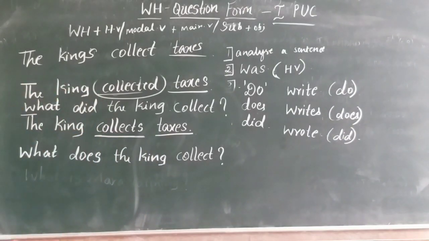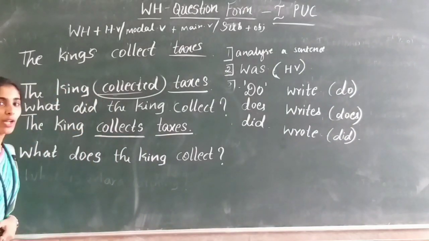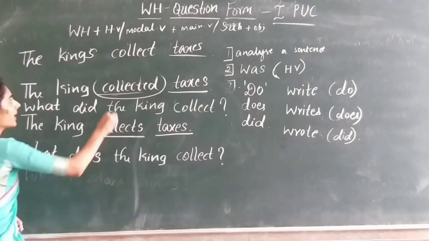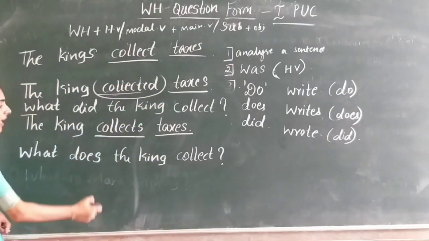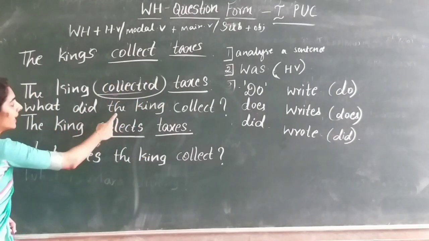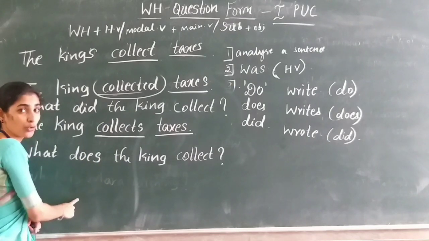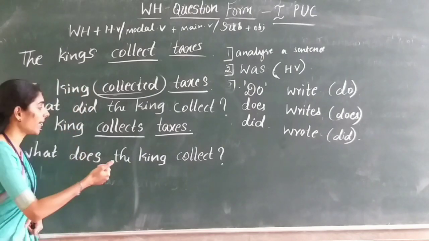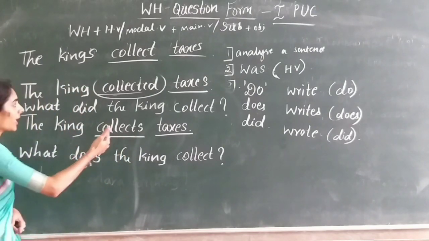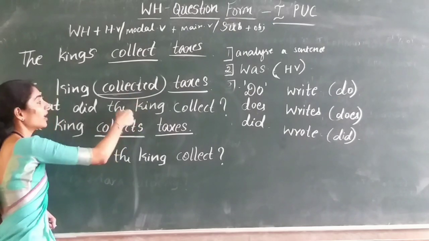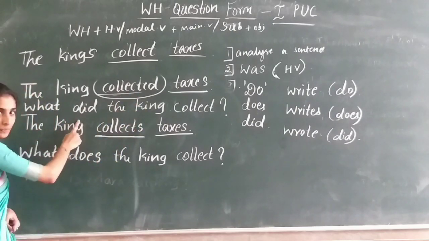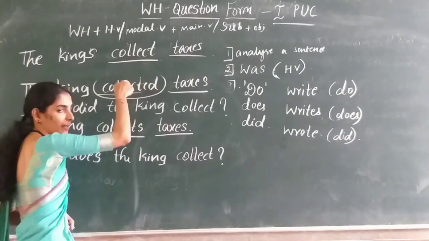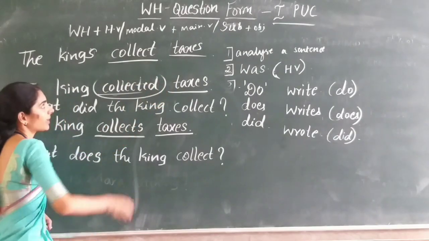Now analyze the sentence here. Yes, you have analyzed, I hope so. And now identify the main verb here. Which is the main verb? That is collect. So now we have already used did and does, which is remaining now? Do. So always remember, if the verb takes yes form, then it takes does. If the verb takes the past form, V2 form, then it takes did. If it is written as it is, for example, collect in the V1 form, then it must take do.